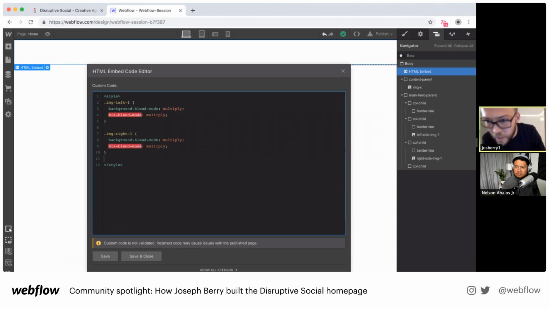So let's just try. So we've changed it. So I'm going to call it image side. No, sorry, get me right. Left side image, side image 1, and right side image 1. Now, just to let people understand, all we're doing is